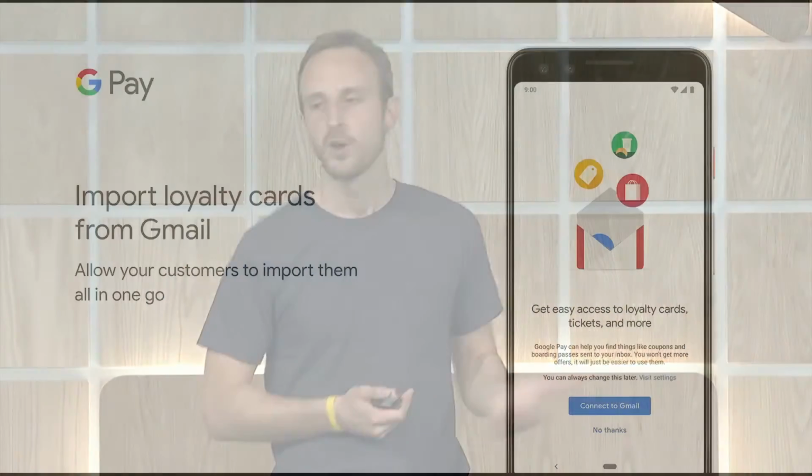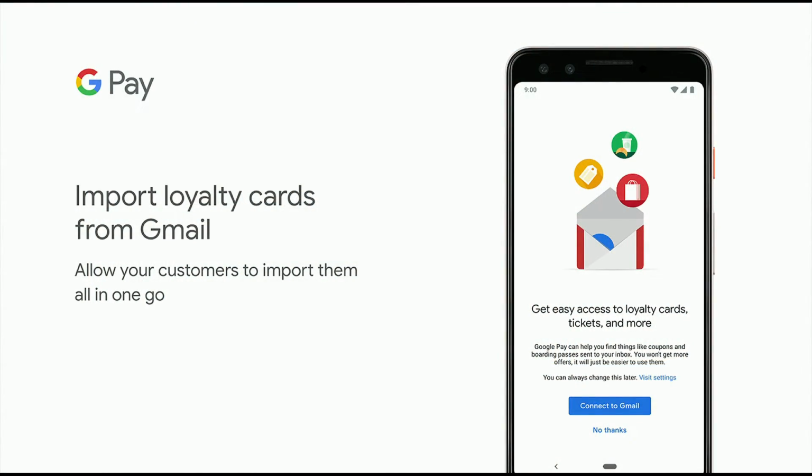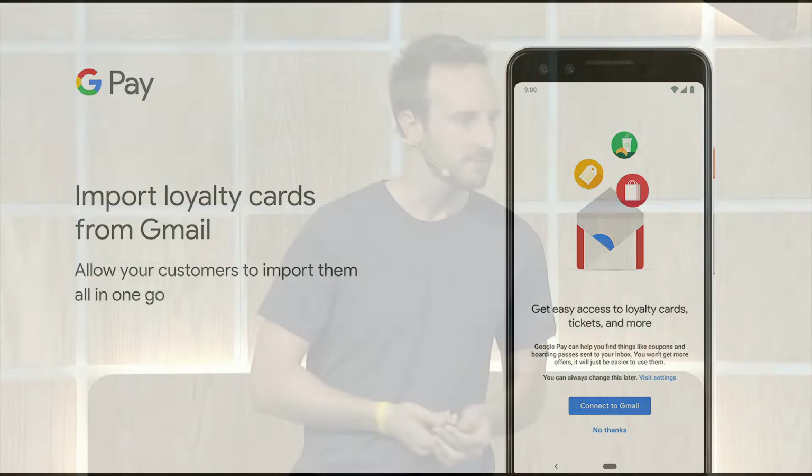Because I'm sure it has happened to you that maybe you got new signups into your loyalty program, but then your customers may have transacted once or twice, and maybe they didn't do it anymore. It can be that they were not interested anymore, but it's also likely that they simply forgot about it. Or the email you send them is just below a pile of dozens of emails, so they cannot find it anymore, right? So we added the ability to import loyalty cards automatically from Gmail.